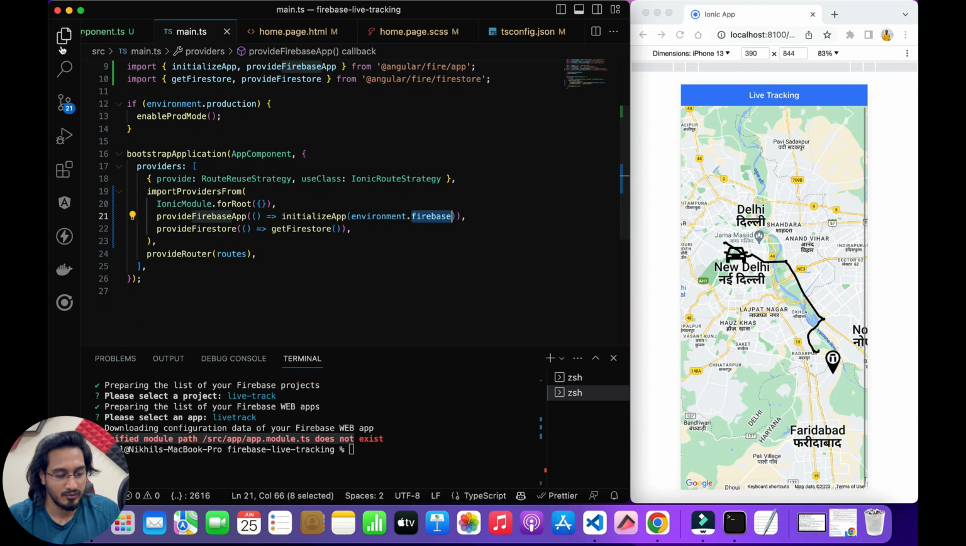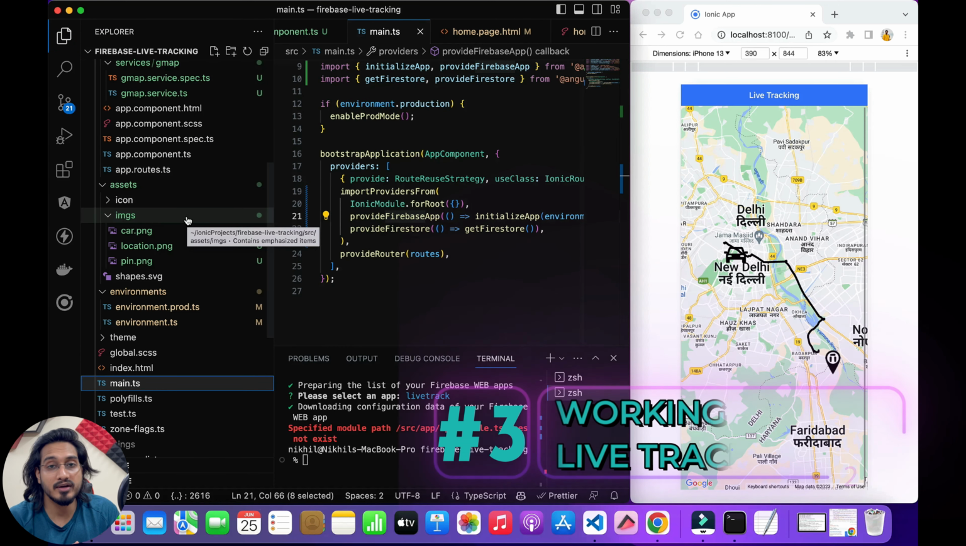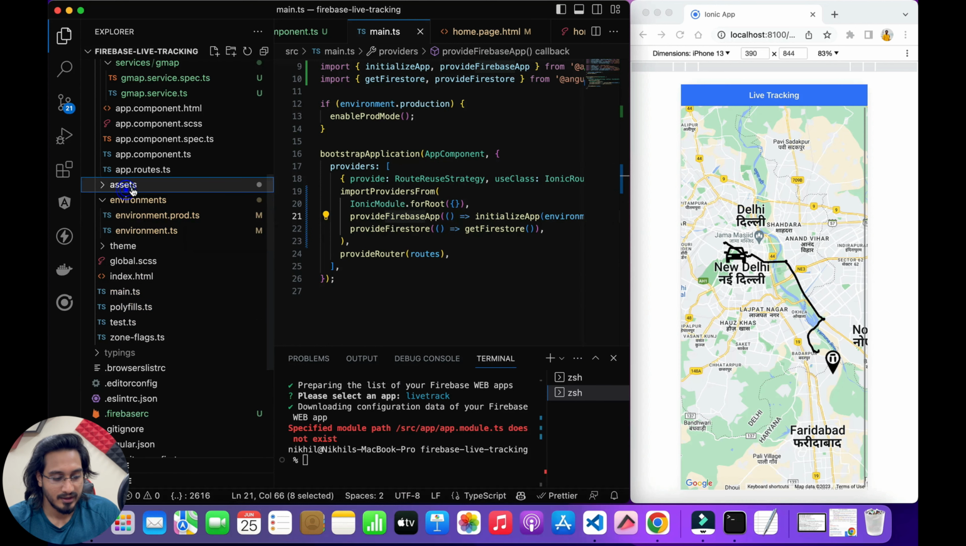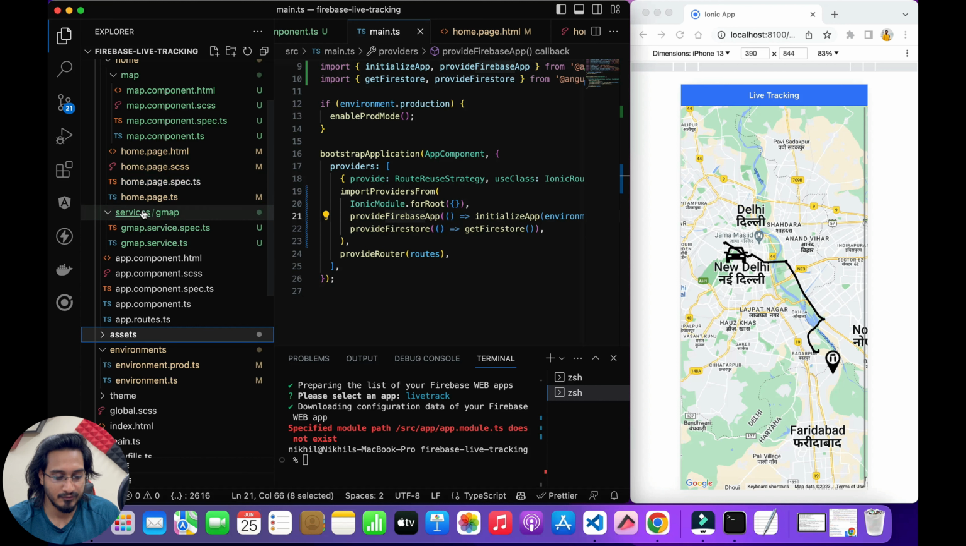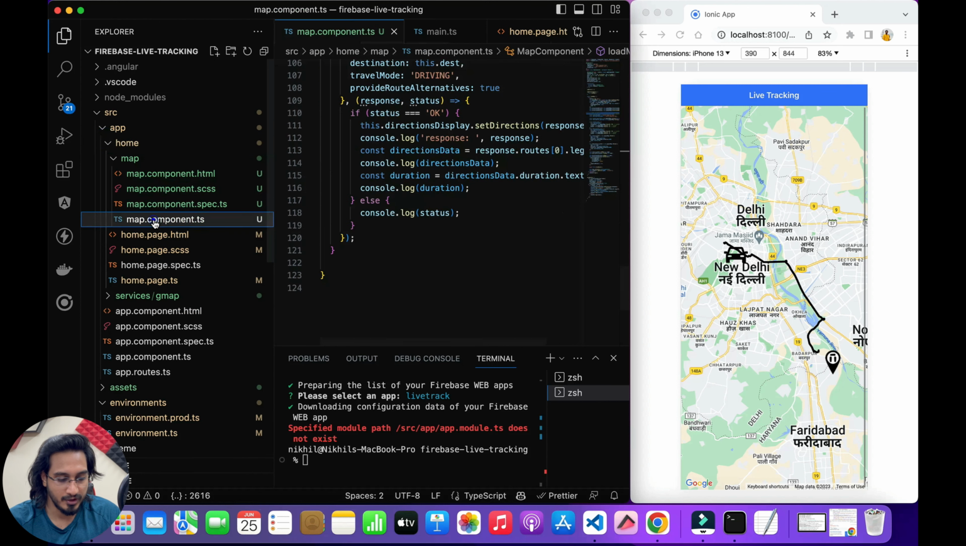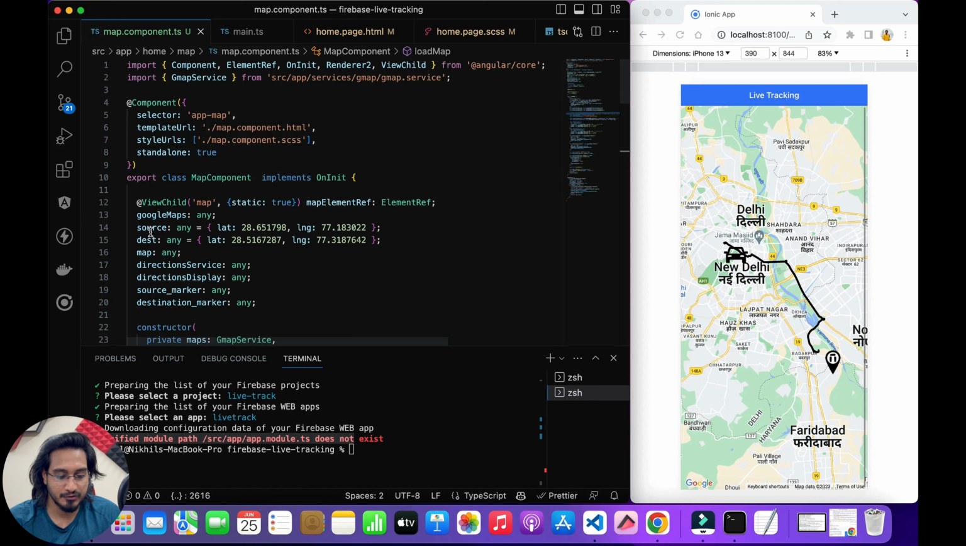Once that is done, we can move on to the next step, which is working with live tracking. So let's get started with that part now. What exactly do I need to do here? Check it out. I need to make everything dynamic in my component. That is a very interesting thing to do. In order to do that, I need to remove this particular location and get it from